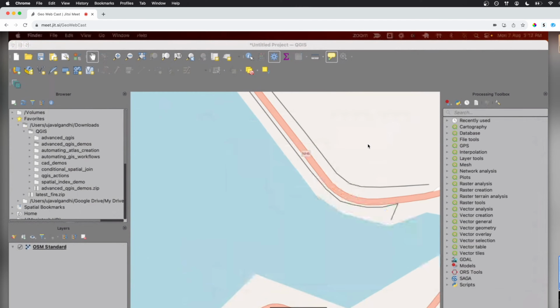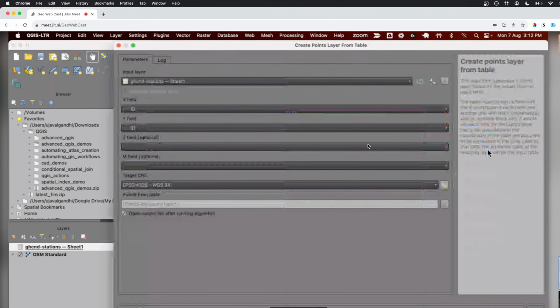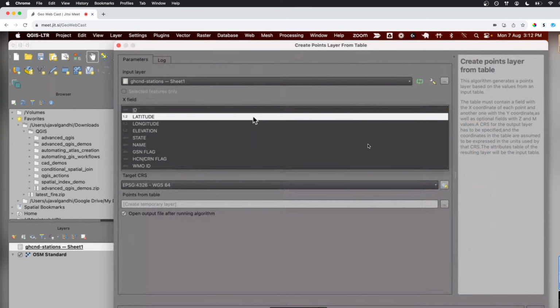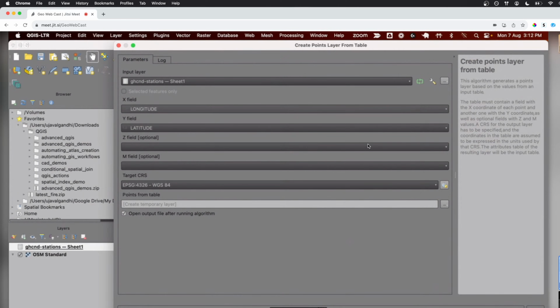And now QGIS is reading this 100,000 line Excel file, and it'll just load as a table in QGIS. There is no geometry by default, it's a table, but of course, we have our toolbox. We can just say create points layer from table. We use this tool, and say the X field is longitude, the Y field is latitude, and that's it.